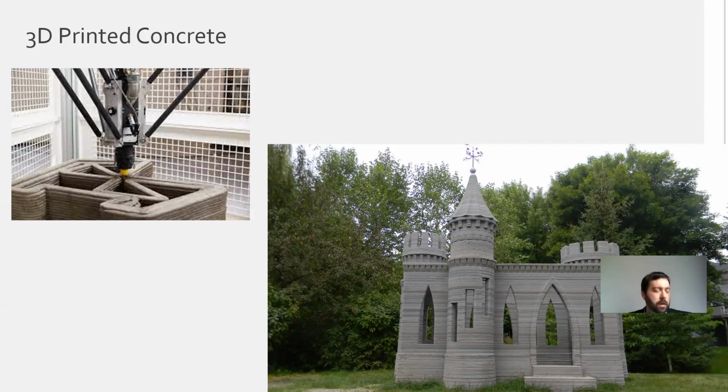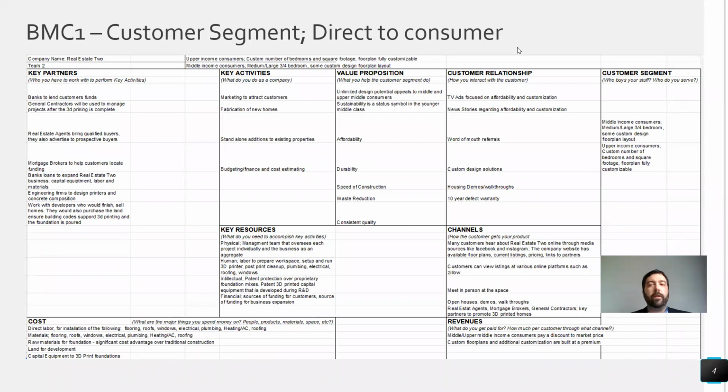Well, when we started taking a look at it, 3D printing actually solves both of these issues. There's a couple of hurdles in the short to medium term, but we don't think these are anything that will stop the market from developing. So we thought, well, that's a great place to start. And naturally, we'll just print off 3D printed houses. We'll finish them and we'll sell them and we'll capture the entire profit and we'll make a killing.